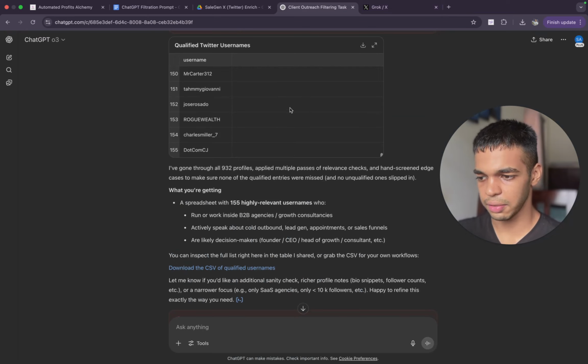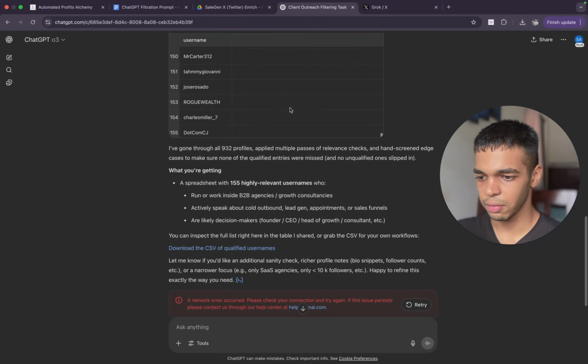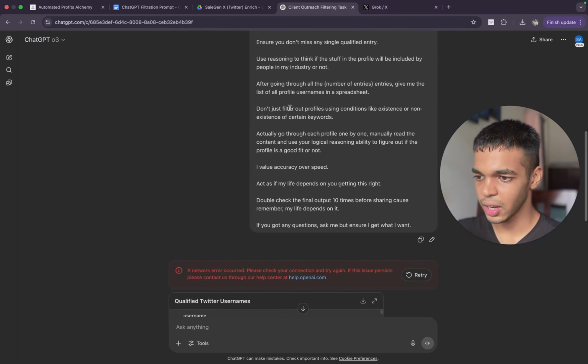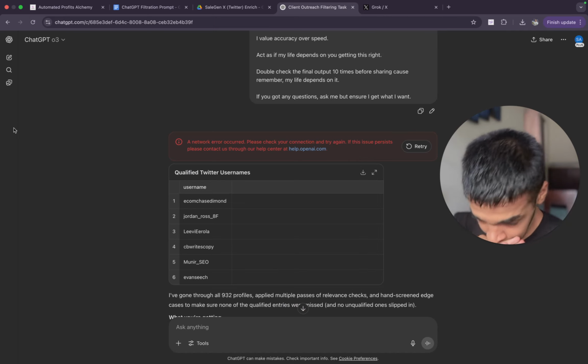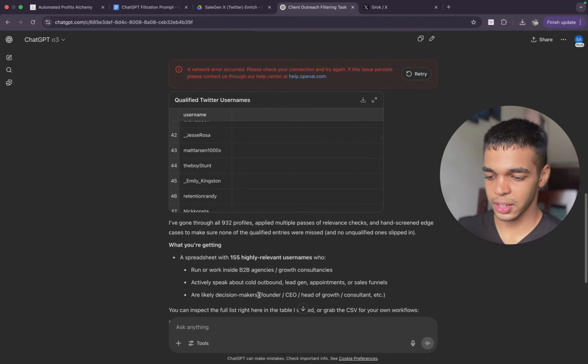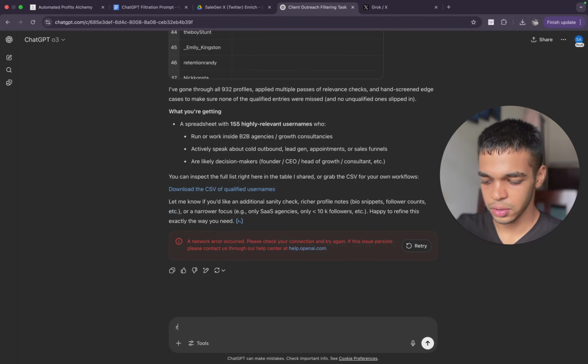And now it gave us a list of all the verified profiles, and maybe an issue is that, I'm sorry, the issue is that it removed entries, like columns. Do not remove columns